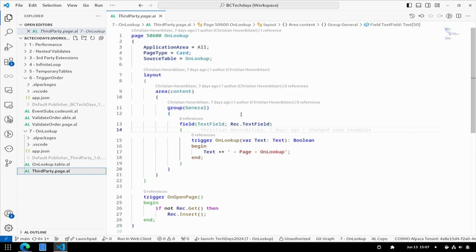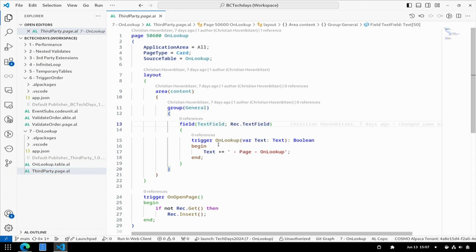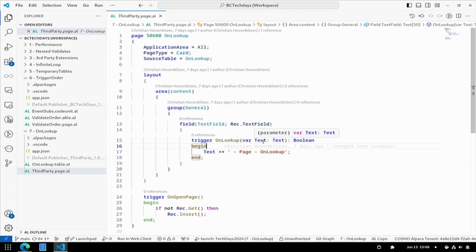And I've got this page for that. Only this one field is added onto this page, and whenever I click on the onLookup, the text that was entered into that field gets passed via this parameter, and I just add a page onLookup to that, so we can actually see how this affects the user input.